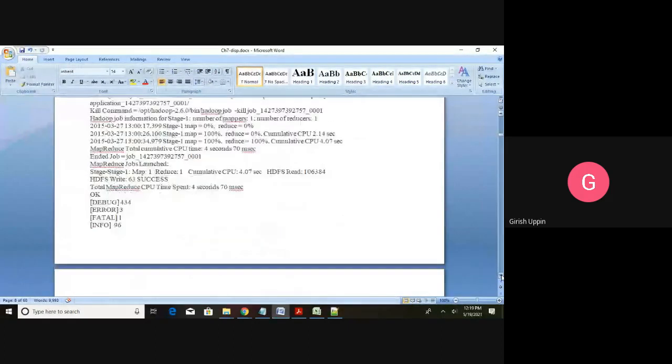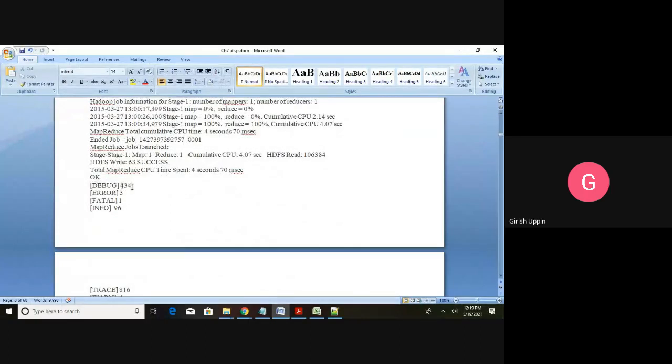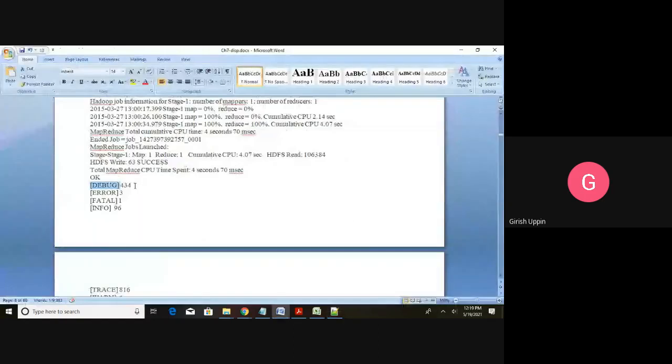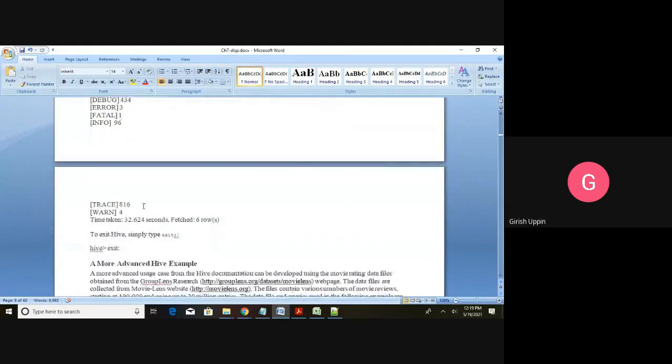You can see the output: debug 434, means this debug message appears in this particular file 434 times, error 3 times, fatal 1, info 96 times, trace 816, warn 4 times. So that is the Hive query.